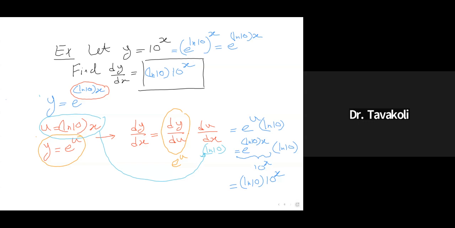I don't need to repeat the chain rule. There is nothing special about 10. I can do it for any other positive base. So I can come up with this formula that, more generally,